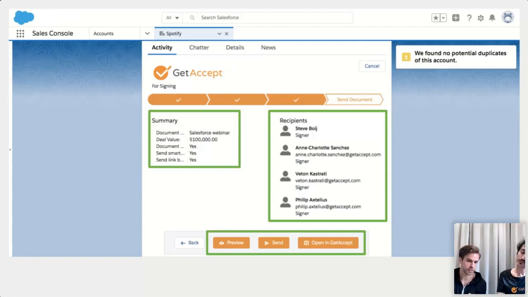Could you just briefly explain what happens if you click on opening GetAccept? If you click on opening GetAccept, it will take a few seconds before we generate the document. But when it's done, you will be sent in a new tab to GetAccept to be able to edit. So let's say, in some cases we want to add EID identification of one of the recipients, for example, or we want to add it on everyone. You can of course set this on a template level, but in some cases you want to adjust this, and